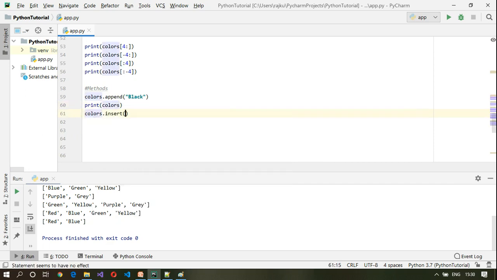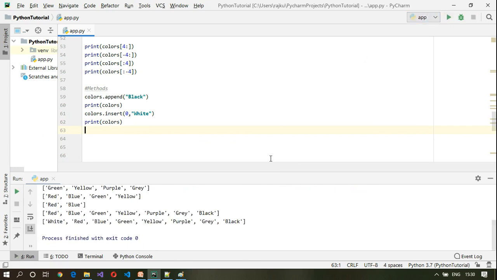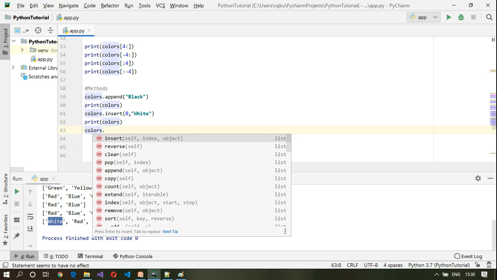The same way I'm going to insert a value at a particular index. So the index will be, let us say, 0, and here I'm going to add white. Okay, and then I'm going to print colors. Let us execute this first. As you can see, black gets added at the end and white gets added at the 0th index by using these two methods. One is append and the other one is insert. Let us take a look at some other